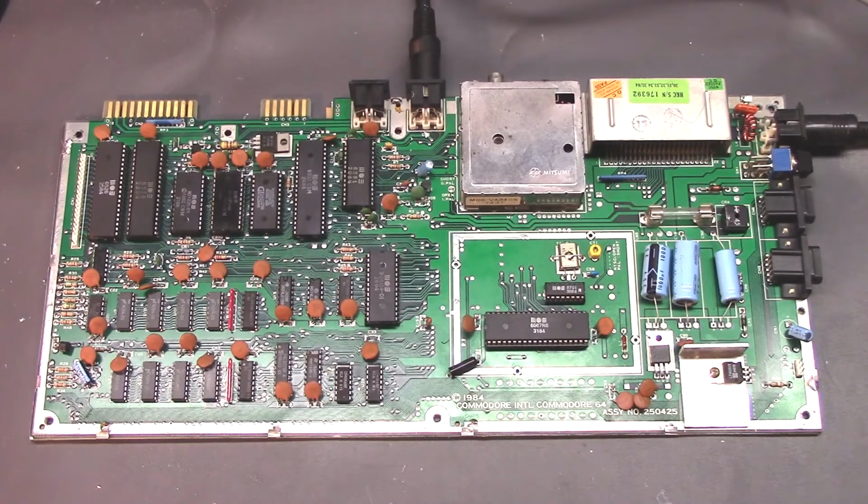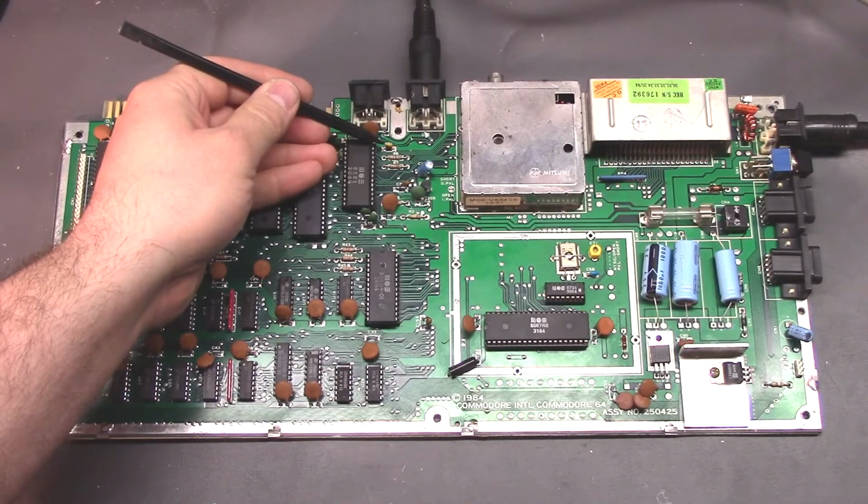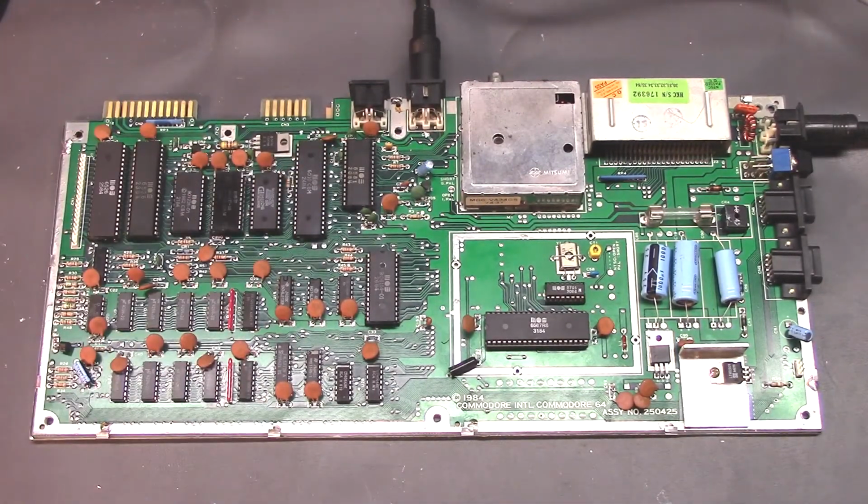So everything's back and running like it should. We've got the capacitor that was broken replaced up here. And then the power connectors, the AV connectors, pretty much all of the connectors have been resoldered from the bottom, using some really high quality solder, so they're not going to get all jacked up again in the near future, which should be good. Now that we got that fixed up, I figured I'd take you through a quick tour